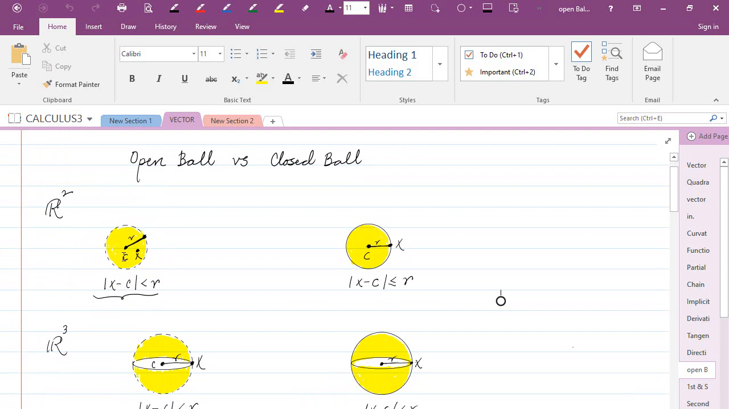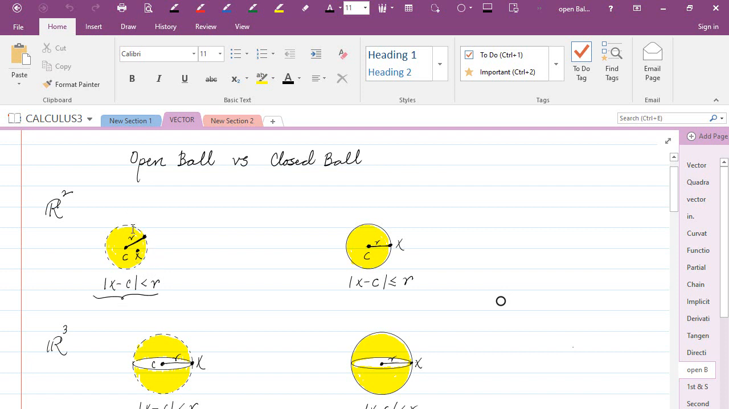an open ball centered at C is basically a disk of some radius r without the boundary circle. So if you look at this disk of radius r centered at C without the boundary circle, now the points in this disk satisfy the